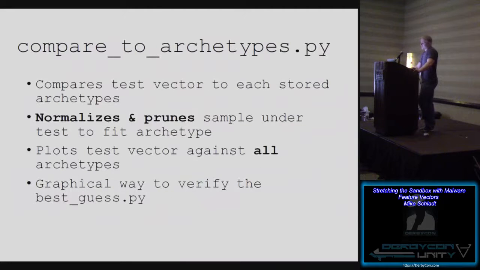So how can you verify? What if you truly don't know? Obviously I cheated because I used samples from itself, so I knew what they were ahead of time. The system didn't know, but I knew. So what do you do if you truly don't know? Well, you can look at it graphically. Compared to archetypes.py is the final example here, and essentially what it does is